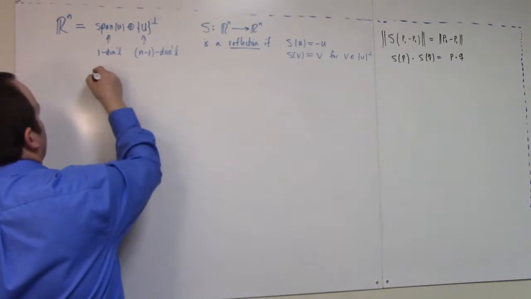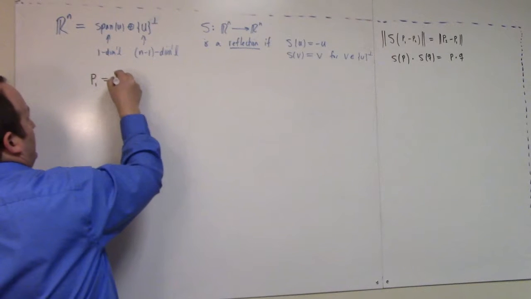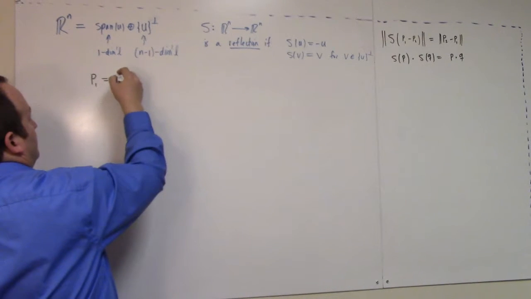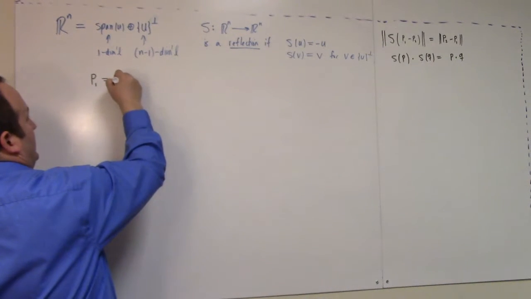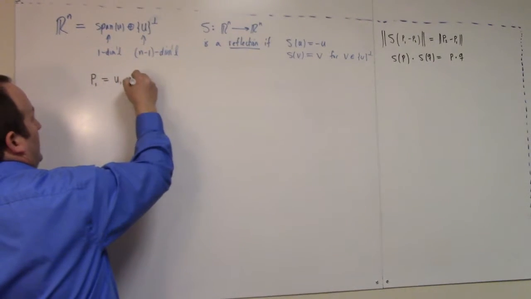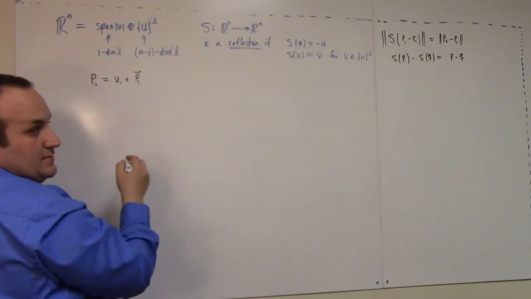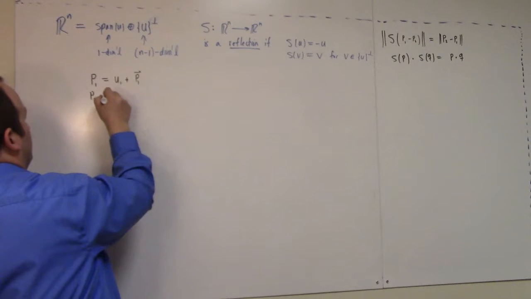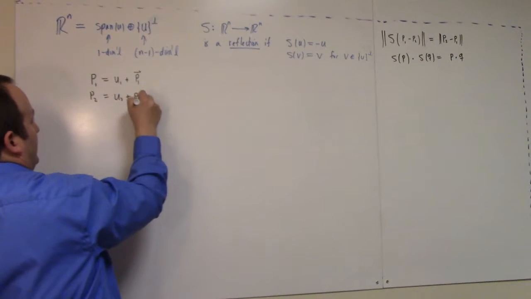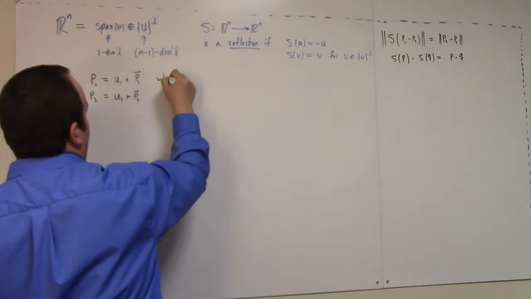We can write P1 as, if you let me use this notation, U1 plus P1 vector, and let P2 equal U2 plus P2 vector,